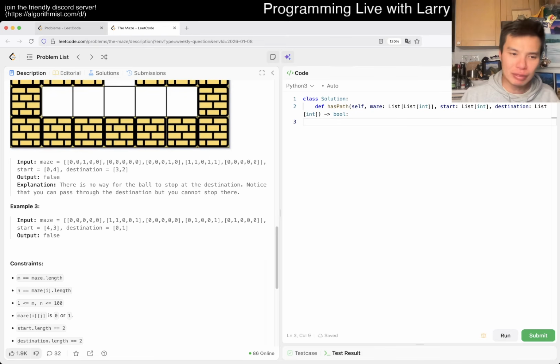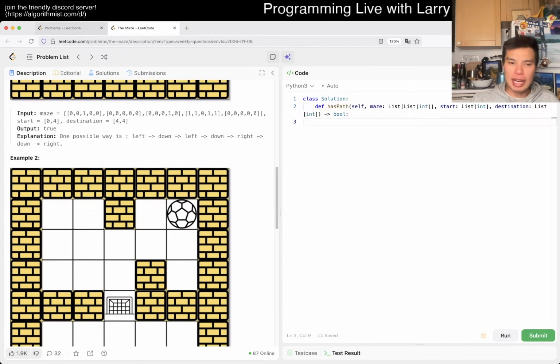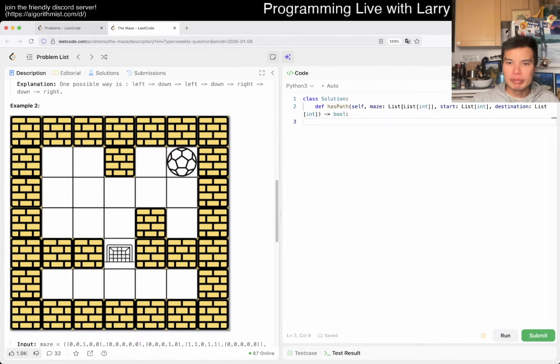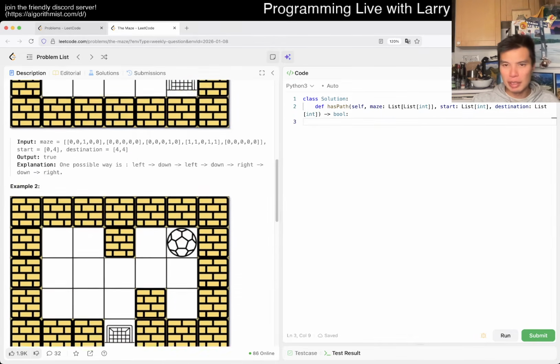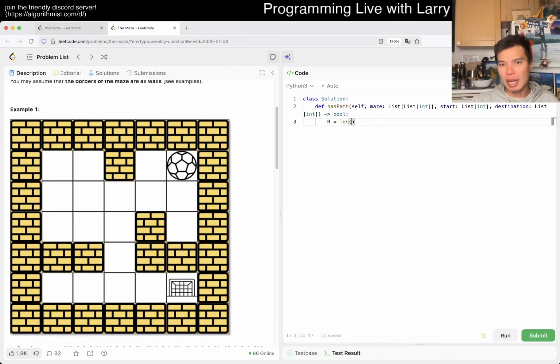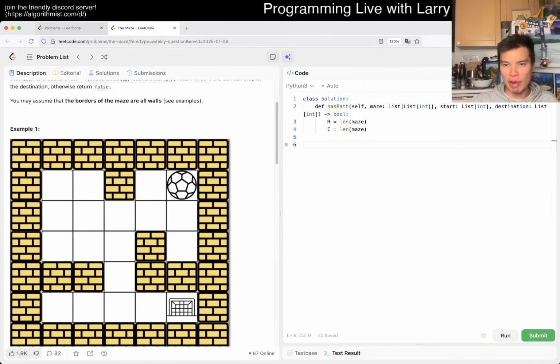Yeah, I think in that case, we can just do a straightforward BFS on each cell, and we limit until we cannot move anymore. That's basically the idea, I think. You have to stop at the wall, which makes it a little bit trickier to think about, but I don't think it's that bad. So yeah, I think we can do it with BFS. So let's get to it. You just have to be a little bit careful about how you think about the invariants.